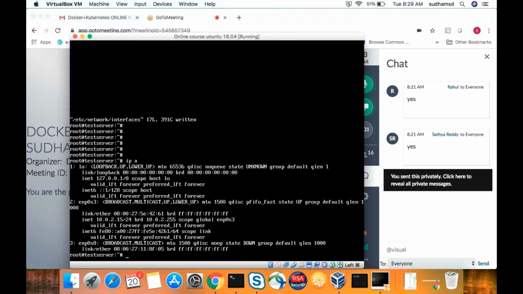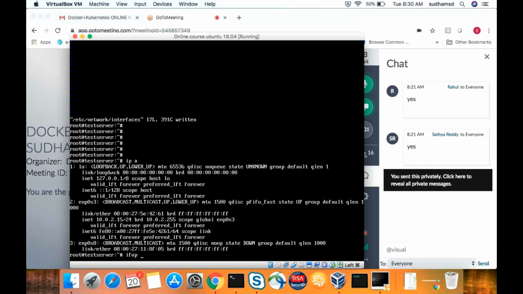Still my second interface is down. So what do I need to do? For that, you need to execute a command called ifup. I want to bring up only that particular interface, enp0s8, and I don't want to touch any other network. It is not recommended to restart your network for silly things. When you are facing a problem with only one interface, why restart the network? That shuts down all the networks and then starts them again, which is not an appropriate way to do it on production servers. Always remember, whichever interface has a problem, you need to work only on that particular interface. Restarting the network is not the technical engineer's way of resolving issues.